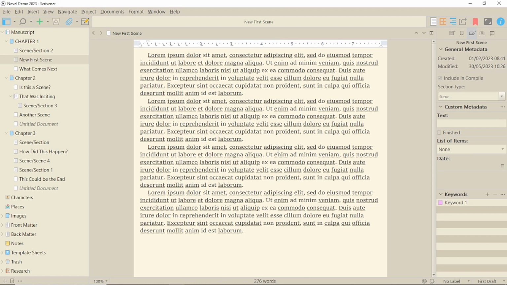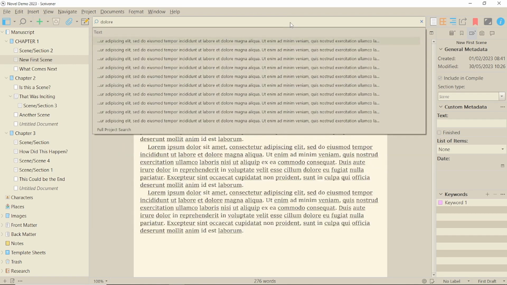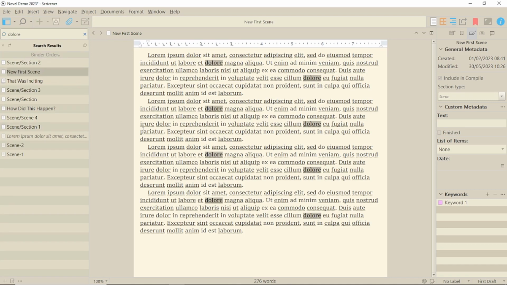The first thing to say about searches is that the bar at the top of the screen, where you can see the title of your folder or document, is also a search bar. If you click onto it and type something in, Scrivener will search for it for you. It will give you a list of places the term is used and the option to do a full search, which transfers your search over to the binder in search mode, so that you can click on the locations that way.